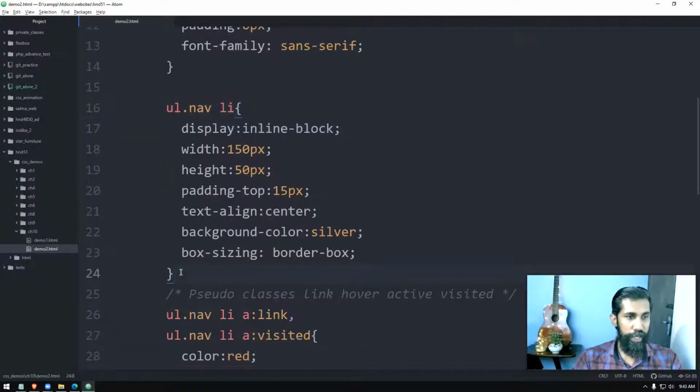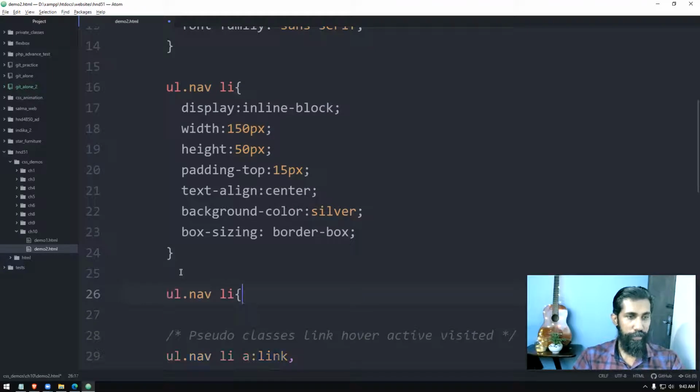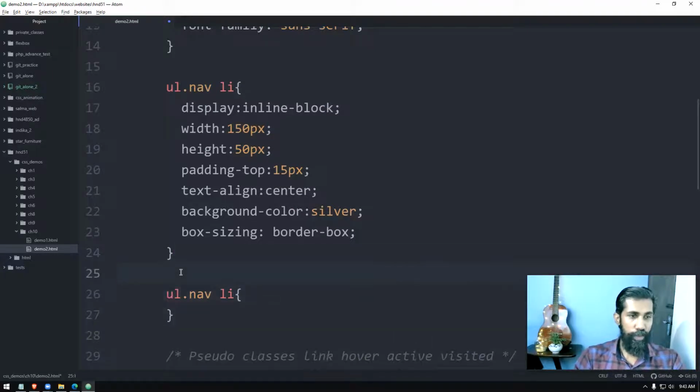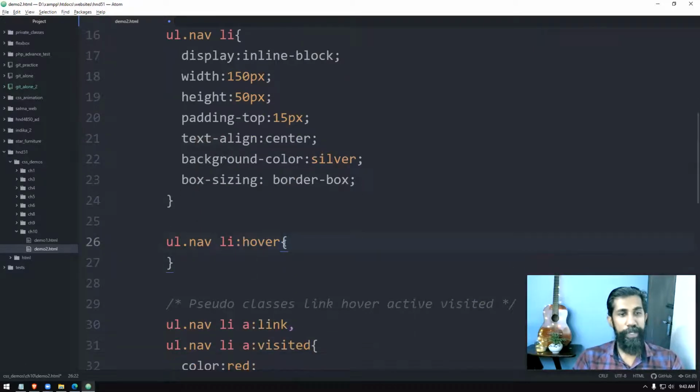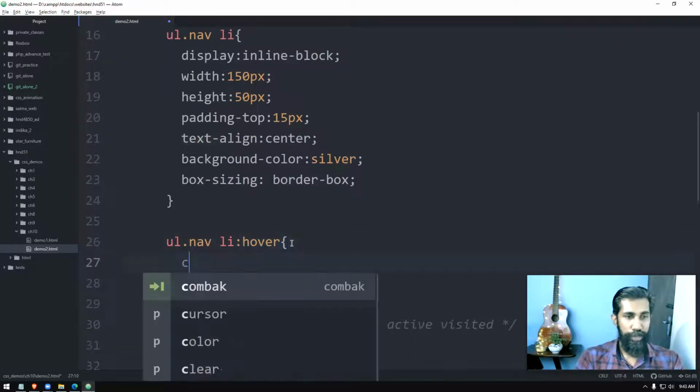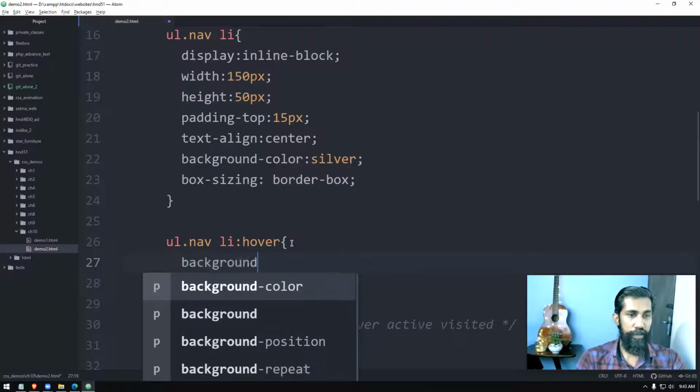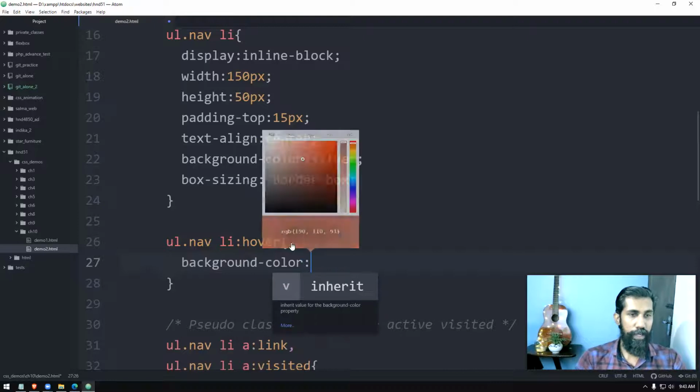So you can use again the pseudo class, which is hover. I think with table also we did this. Hover means once the mouse pointer comes over. So we'll say background color. Let's put a little bit light gray color there.